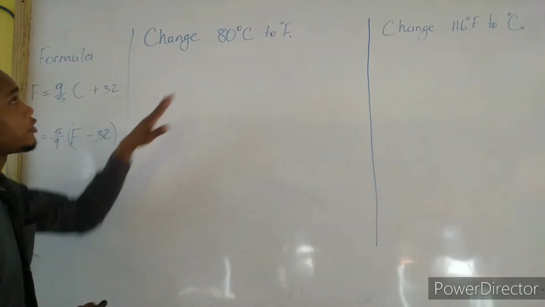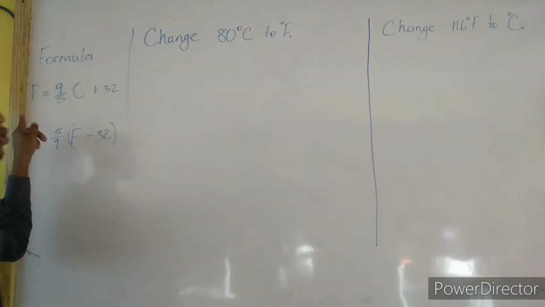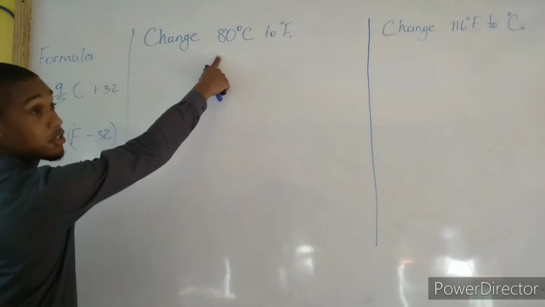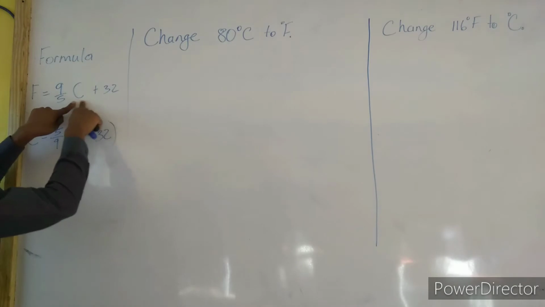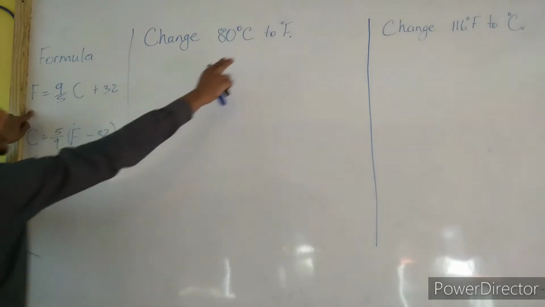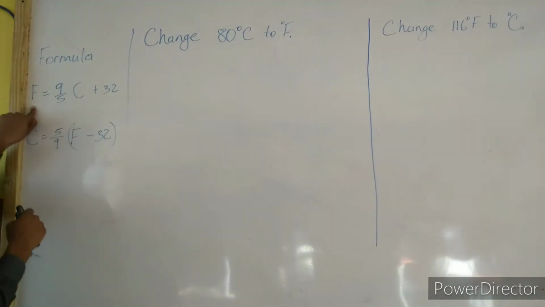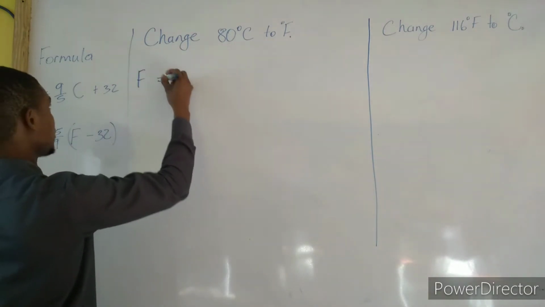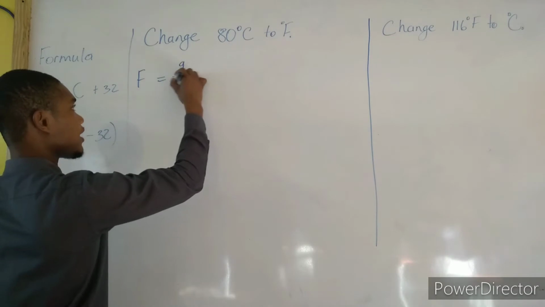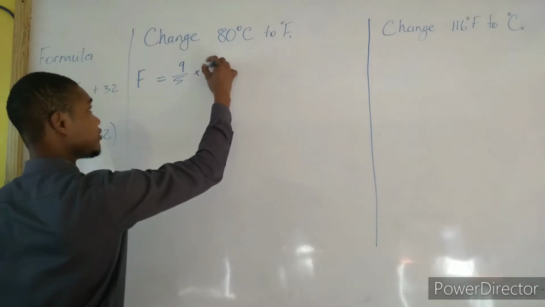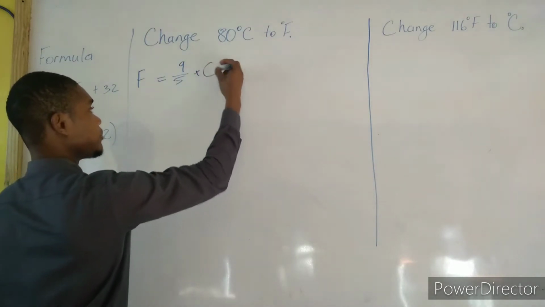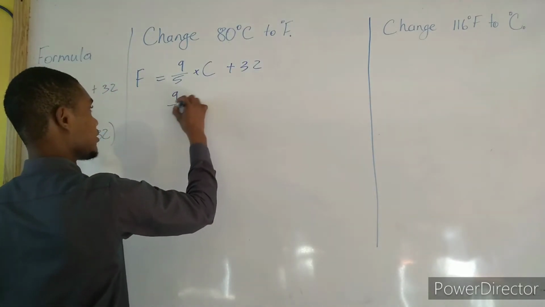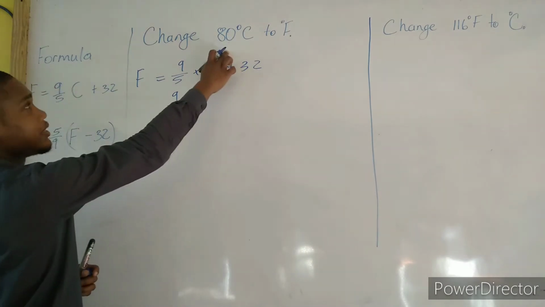In order to change from degree Celsius to degree Fahrenheit, you have to be able to recognize the formula that you need. So you have your degree Celsius value. So this formula is what you want because you're changing it to Fahrenheit. So Fahrenheit is equal to 9/5 multiplied by the value of C, plus 32. So writing it back, 9/5 times the value of C, which is 80 degrees,